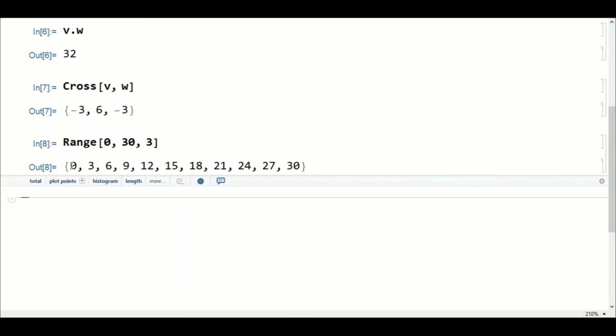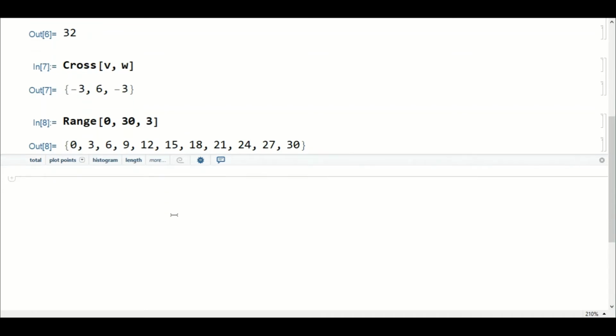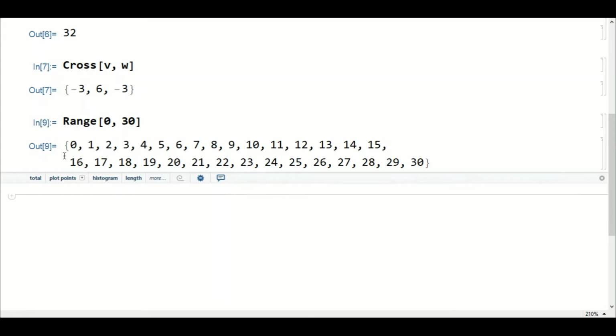You can see 0, 3, 6, 9, 12, 15, and so on. So this is how you generate a list. If I am not writing the increment, then it will be taken as 1. If I am only writing 0 comma 30, it will start from 0, 1, 2, 3 like this. So if you are not defining anything for the increment, it will automatically be taken as 1. So it is now 0 to 30.